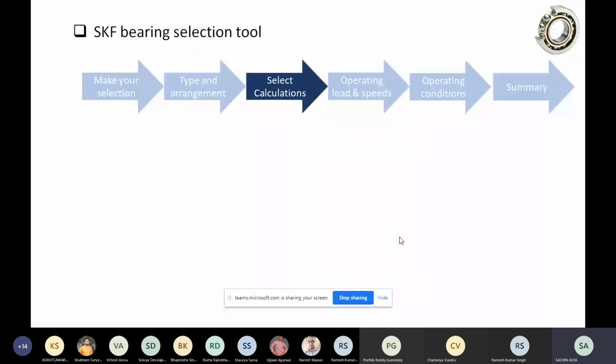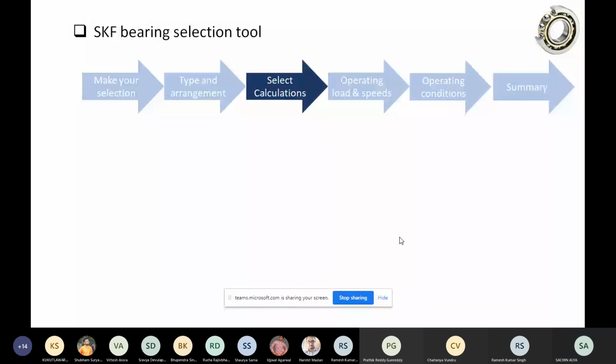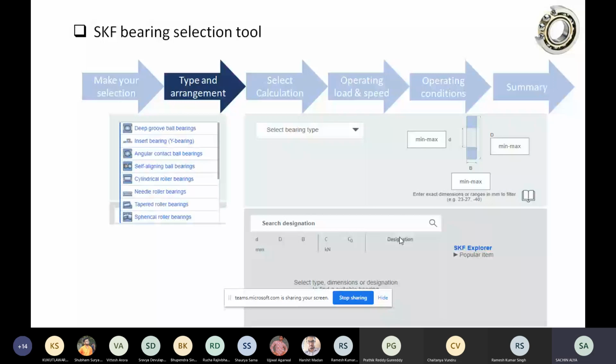So the next step will be selecting and calculation. Suppose we have selected the type of bearing, like deep groove or any of those bearings, whichever we require according to our application. Then we'll go for the dimensions.